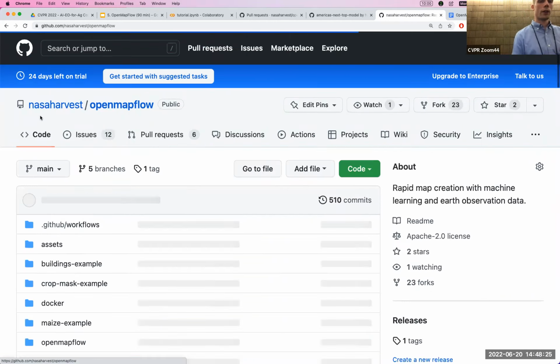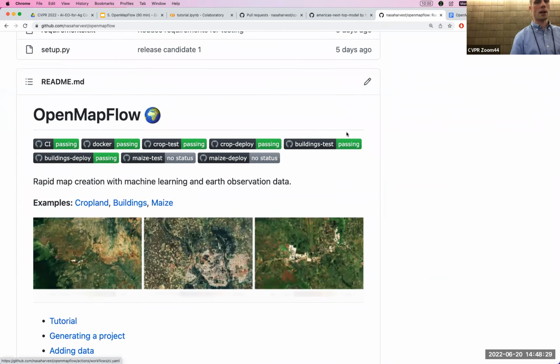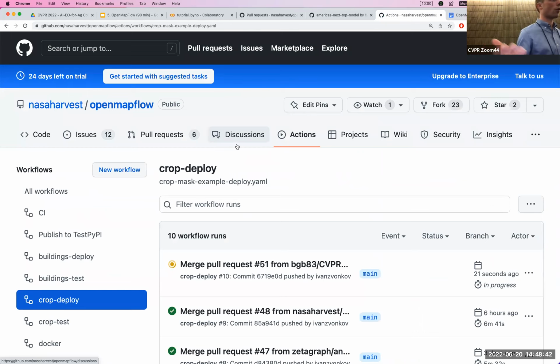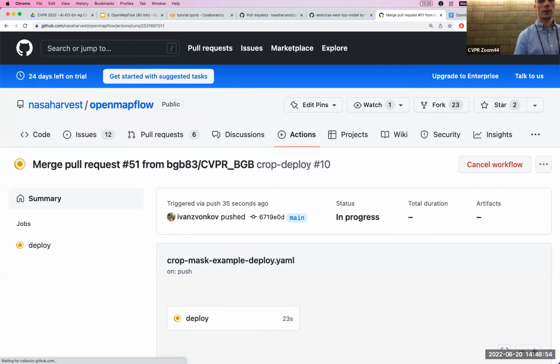And so if I go back to the repository homepage and go into the README, you can see there's all these different badges over here. A lot of these badges, actually all of them, are representing GitHub actions. And one of the GitHub actions is called crop deploy. So crop deploy signifies deploying the crop mask model. And you can see there's some checkmark ones, and there's also one that has a spinny thing, and it was started 21 seconds ago. So this is the model that we have just merged in. You can see actually there's a name right there. And if I open this up,